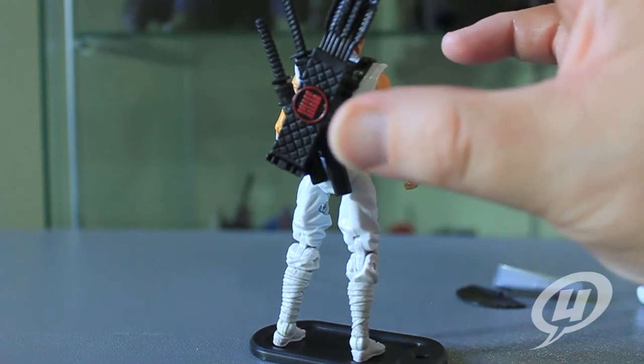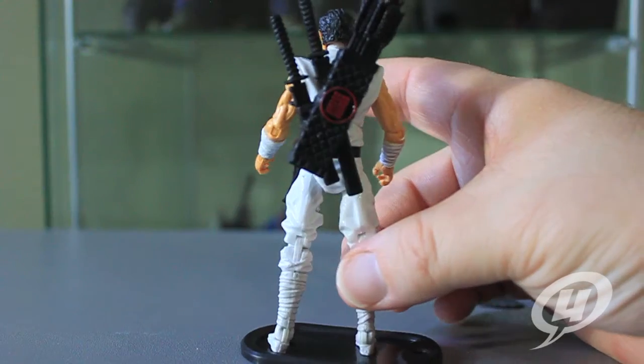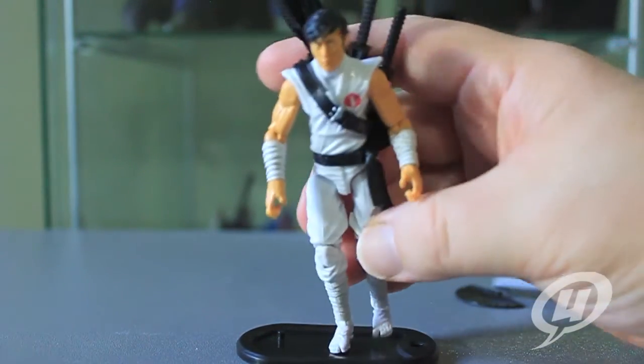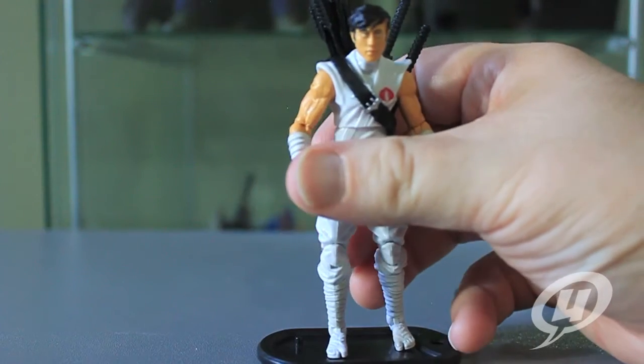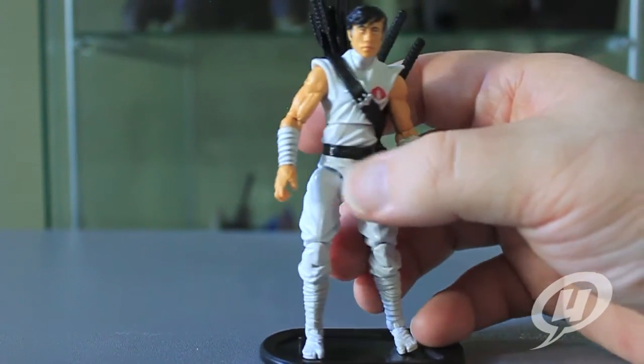The quiver does come with arrows, only one of which is removable, and he's got a bow. So I mean, quite kitted out with the amount of accessories that any ninja or assassin would need. So I'm definitely gonna strip off all the armor and all of the accessories and just get this guy down to his bare necessities and change